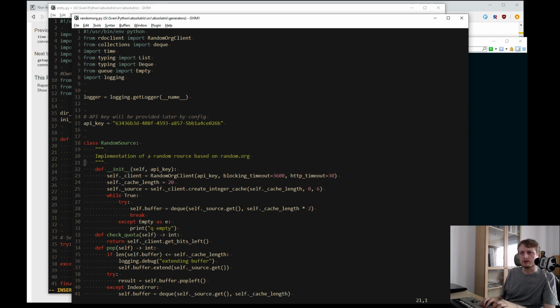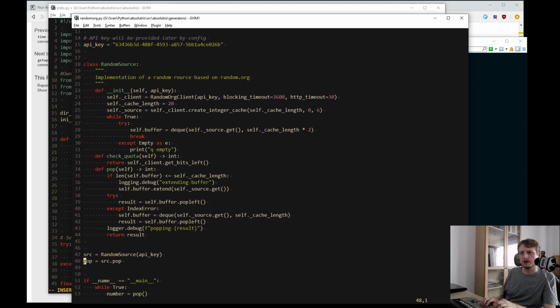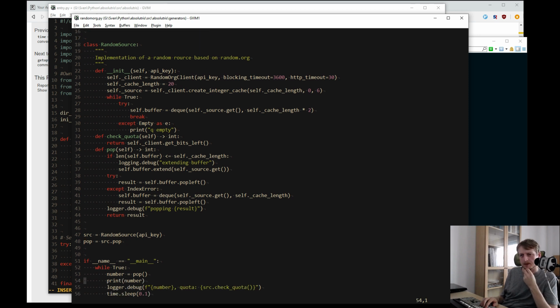So it uses a logger, some debugging API key. Here, look at this. This is important. So it has a function source pop. If name is main, then do something. Debug logger info.